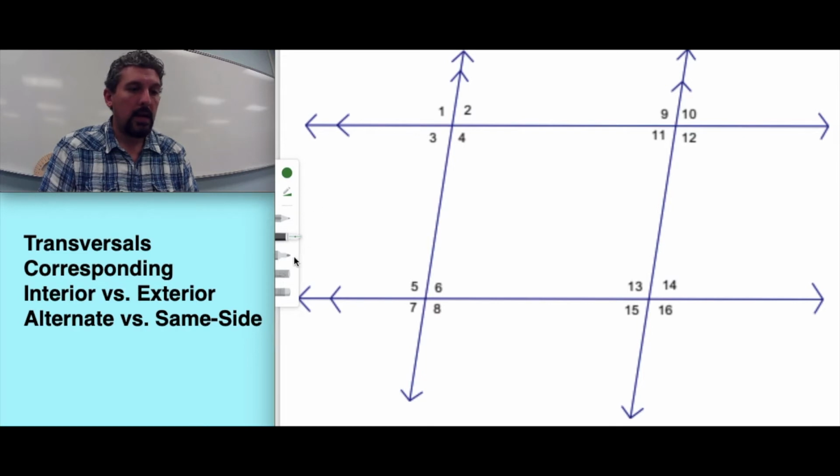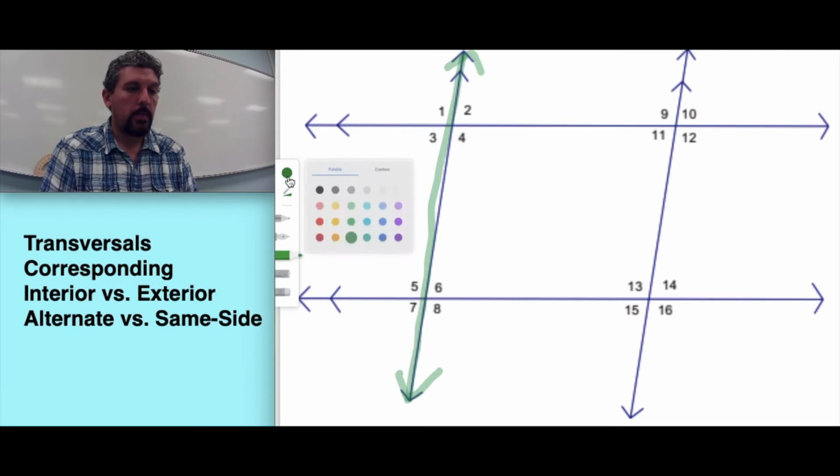So I'm going to highlight a transversal here for you now. We know these lines here going horizontally are parallel because they have the extra arrow here. And because they're two lines, we have a transversal here that I'm highlighting in green. This transversal is cutting these two lines. So what I want to do now is discuss, based on this transversal, the relationship between some of these angle names. Now, before I do that though, I also want to highlight the parallel lines we're discussing